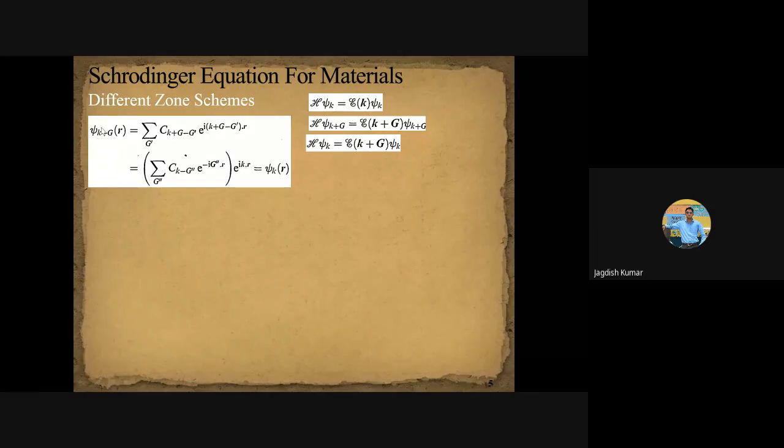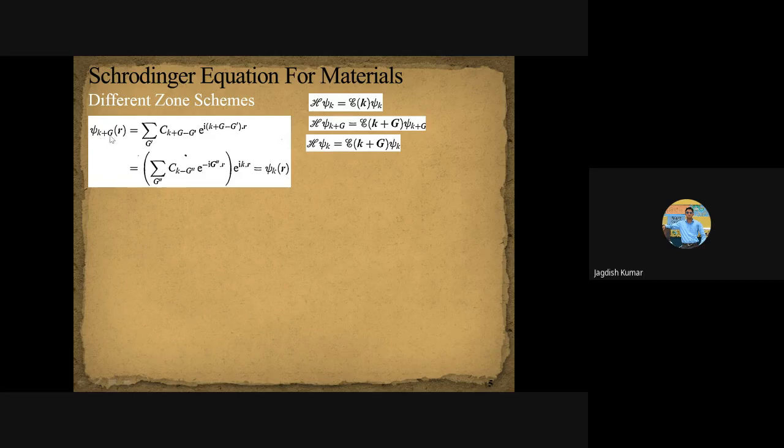So K means you are specifying, just like you specify an orbital, an orbital for an electron in a solid. I don't know if it is correct to call it an electron sitting in an orbital in a solid, because electrons are mobile; we assume them to be mobile electrons in a solid. So they are not fixed to a particular orbital, but we would say in which particular quantum state the electron is present. So it is representing the wave function for an electron in a particular state K.